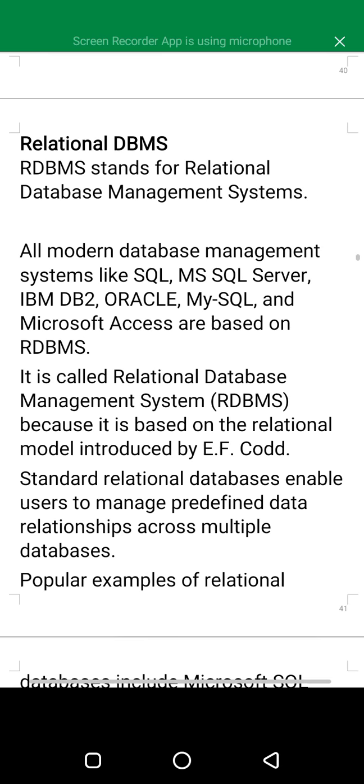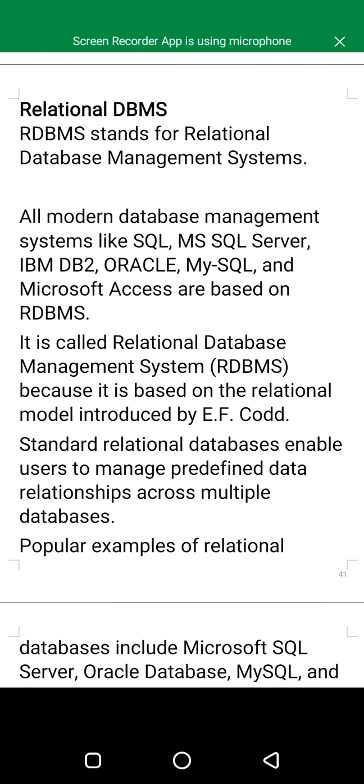Let's look at the relational database management system model. RDBMS stands for Relational Database Management Systems. All modern database management systems like SQL, MS SQL Server, IBM DB2, Oracle, MySQL, and Microsoft Access are based on the RDBMS.